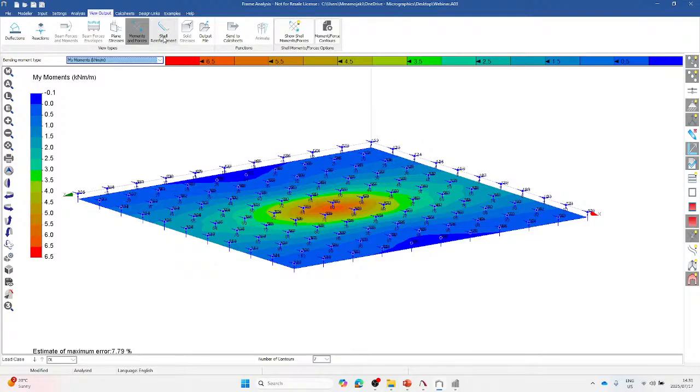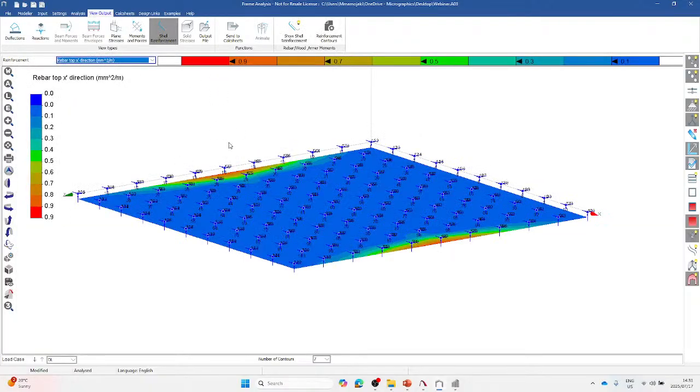And the other thing is, if you are looking into designing the reinforcement for the slab, you will definitely switch to your shell reinforcement, and from there you will be able to pick up the rebar, as well as be able to see your Wood-Armer moments on the slab as well, in both the top in the X and Y direction, and the bottom as well in the X and Y direction. This is quite nice. Remember, this is just a guidance on how to model your shell element, your spring elements